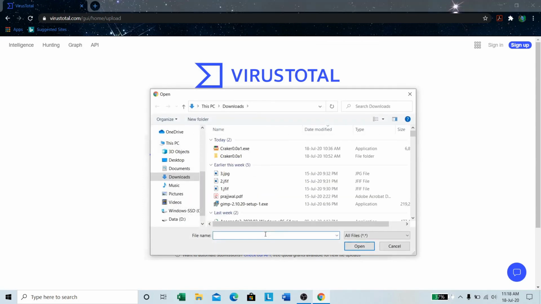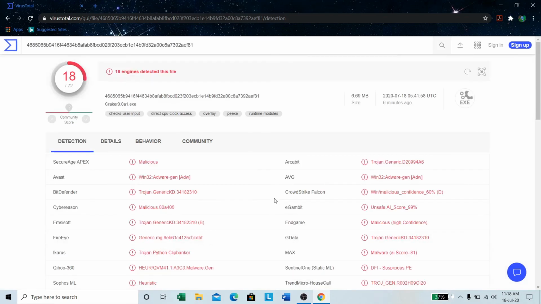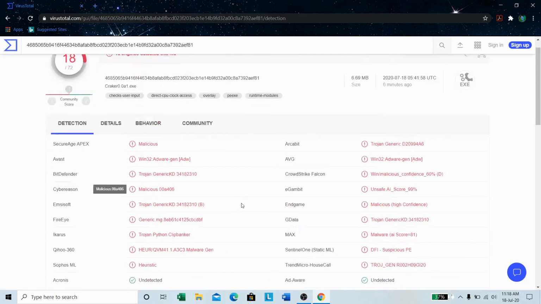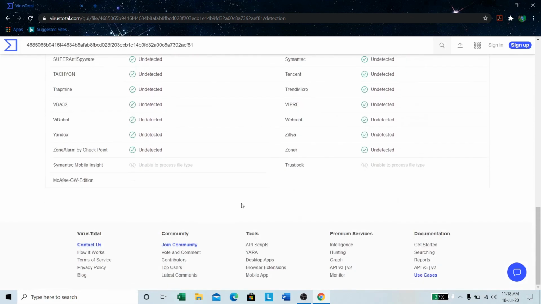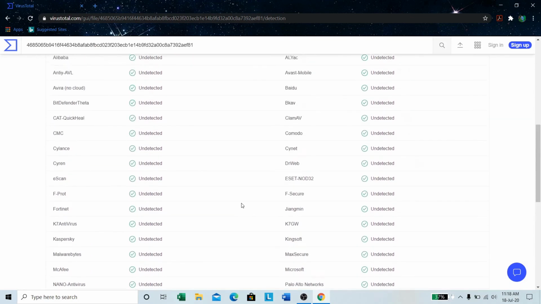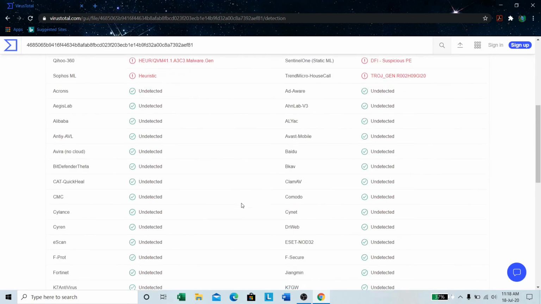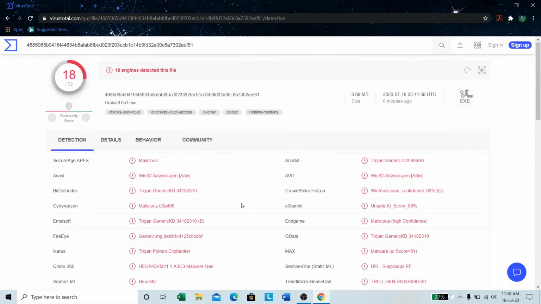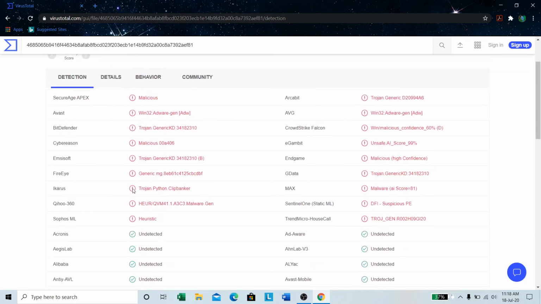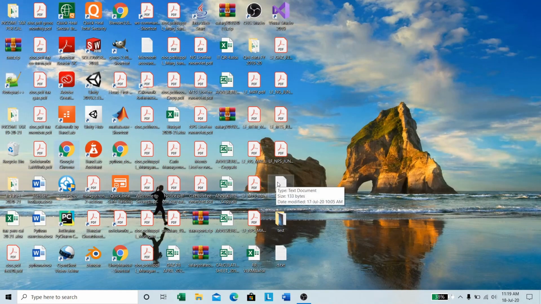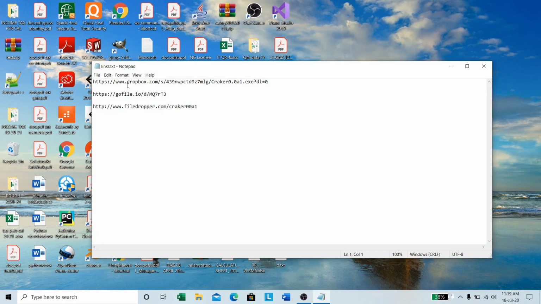Choose file. Here it is in downloads, then cracker. Open it. Here it is. Mostly undetected. Now all this is false positive. So you can check this out in these links which are provided in the description. And I am out.